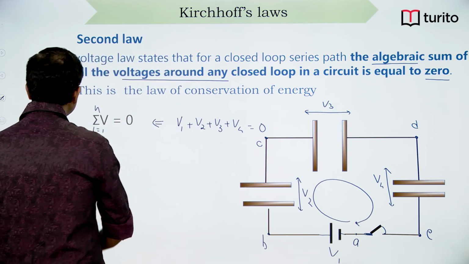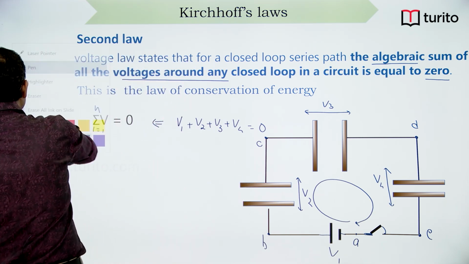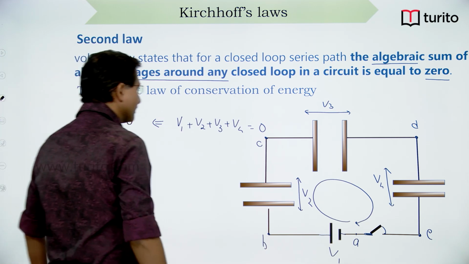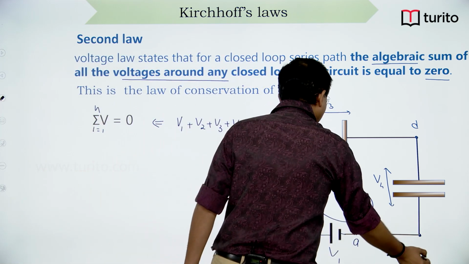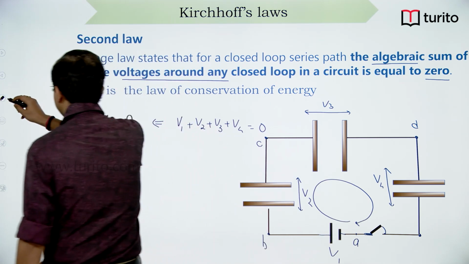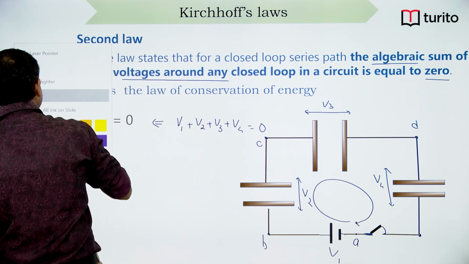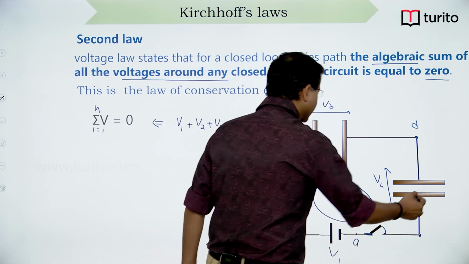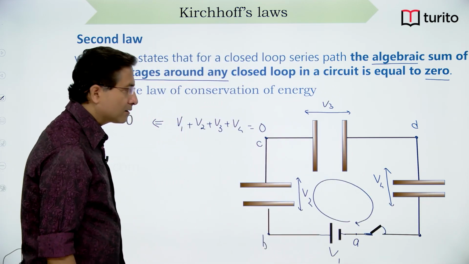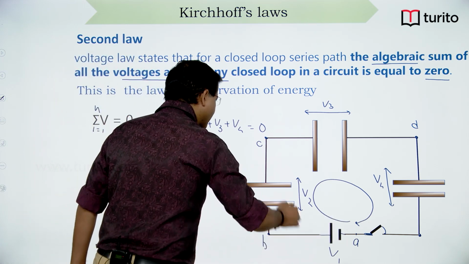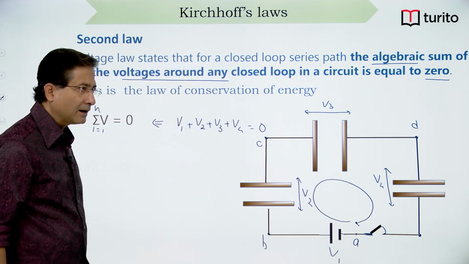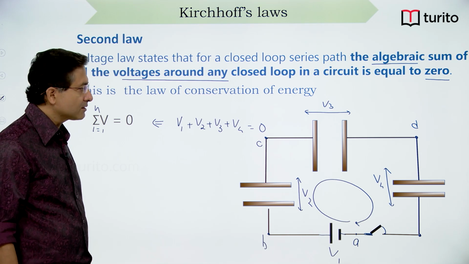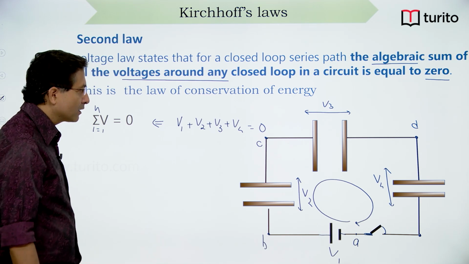So, there I can write A, right. So, here instead of writing E, I can write A because A and E both will be at the same potential, right. So, this whole thing I can write A. Now, if I start moving across the loop and start writing the potential difference across all the elements, look at what we are writing for V1,